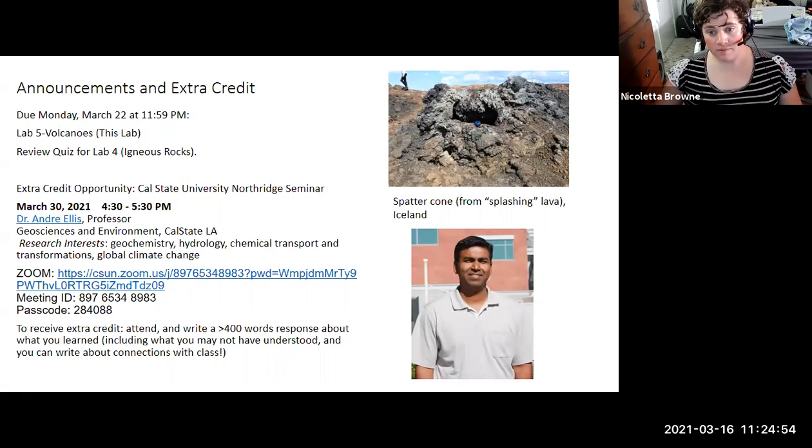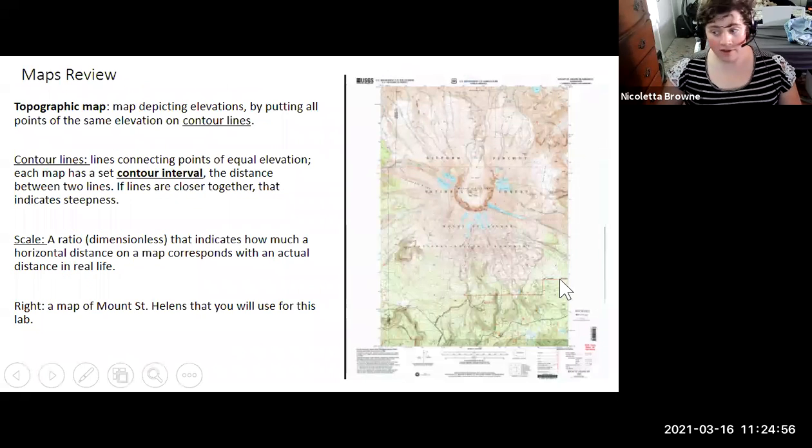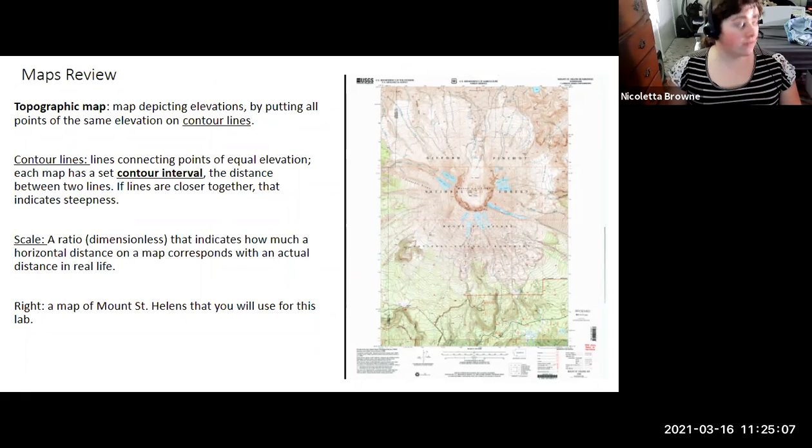So let's talk about what material we're going to need for today's lab. The first lab we did in this class was on maps, where we learned in particular about how geologists use contour maps, which show elevation, to study landforms like volcanoes. Volcanoes are one type of landform. Actually, specifically volcanic mountains are one type of mountain. A volcano doesn't necessarily have to be a mountain, but